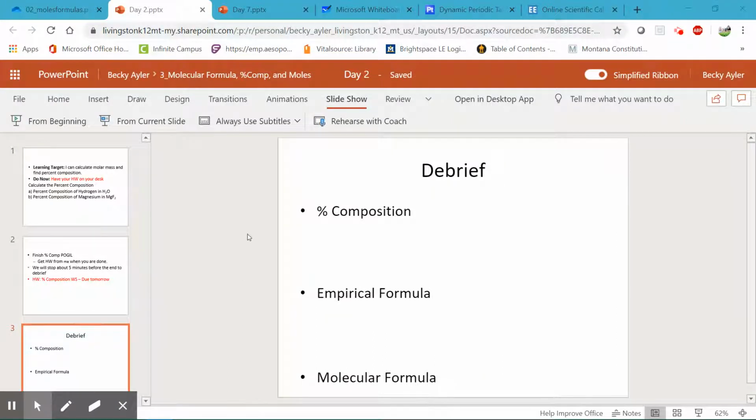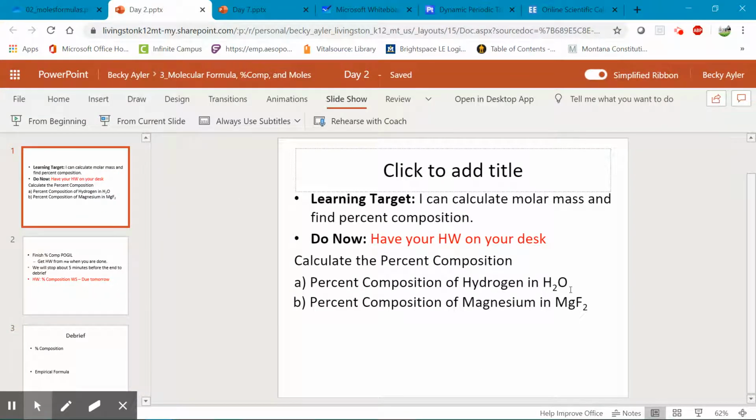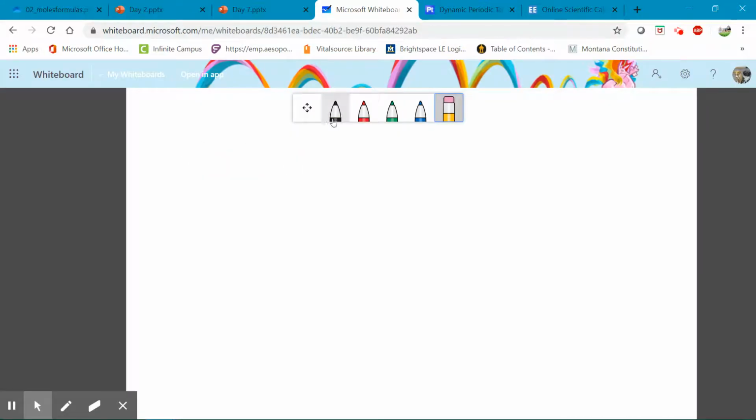So in the last POGIL, you learned about percent composition. And so we've talked about percent composition a little bit in terms of what it ultimately represents of the compound. And so really it's just taking the portion of the compound. So if we were to look at, for example, dihydrogen monoxide, water, and wanted to know the percent composition of hydrogen within it, we would first need to know what the entire mass is, the entire